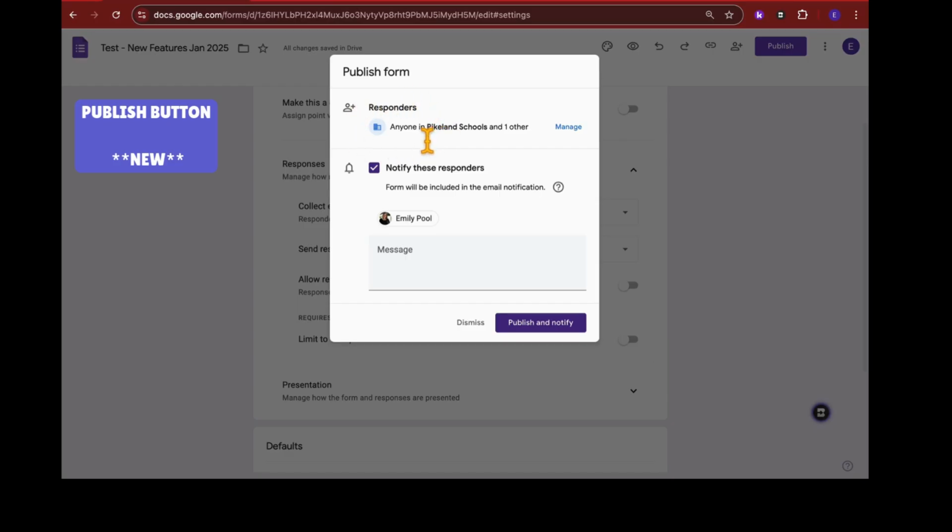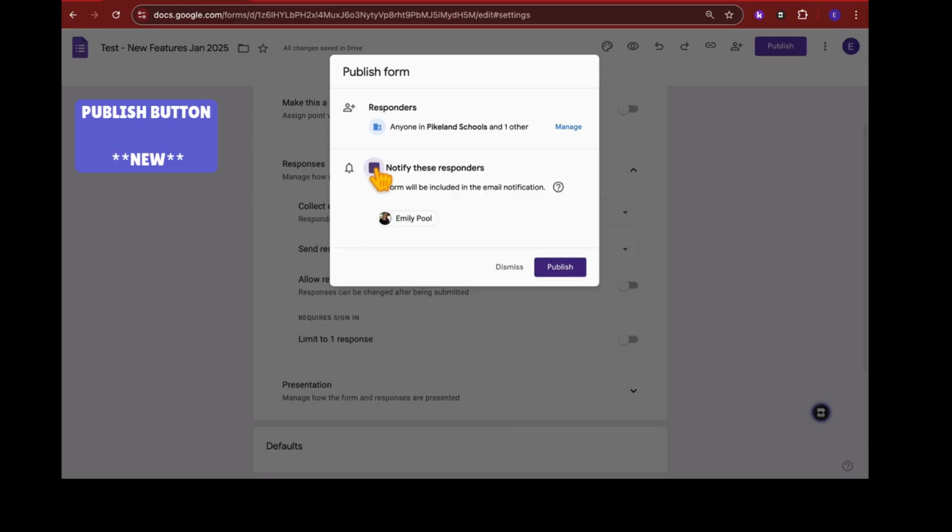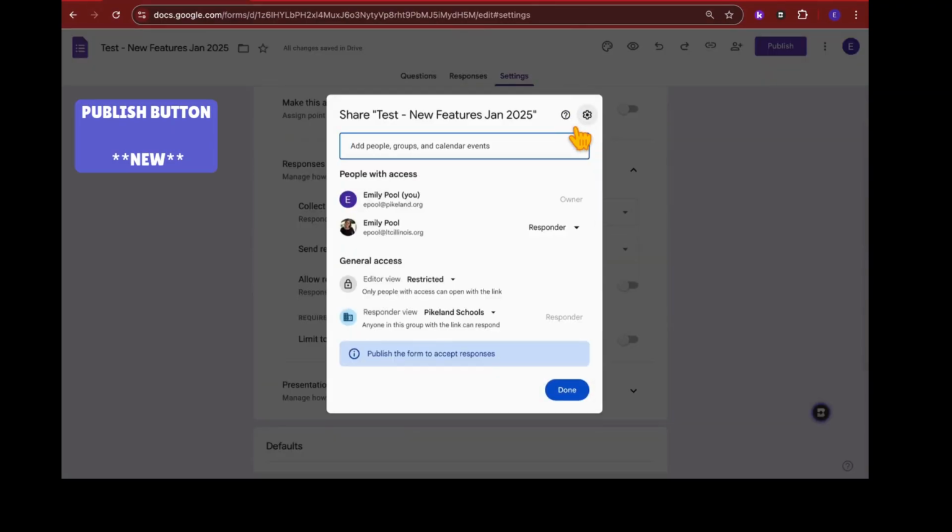So right now, responders can be anyone in my school district. It's also going to notify these specific people that have been named in there. You can include a personalized message if you would like. You can also turn this off if you don't want to notify them. And when everything is set just as you would like, you can click publish. Also notice there's a manage button here, so if you want to change that,